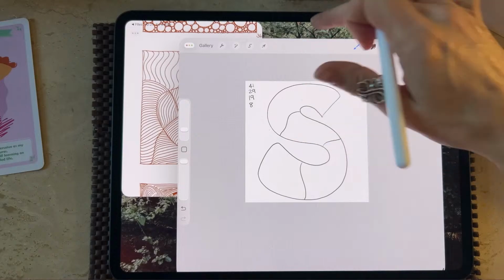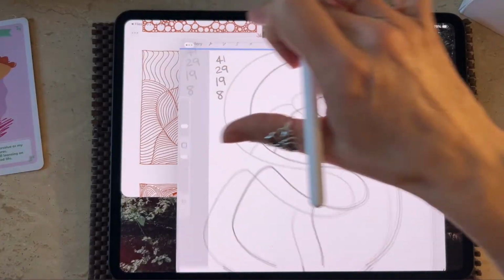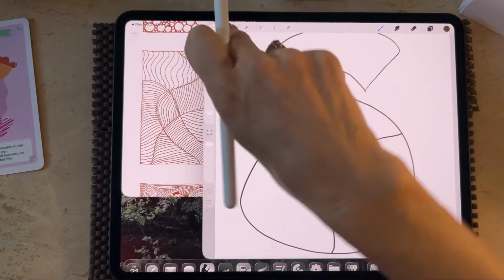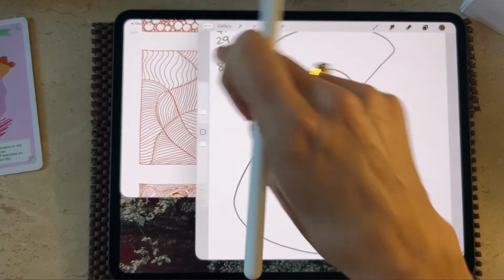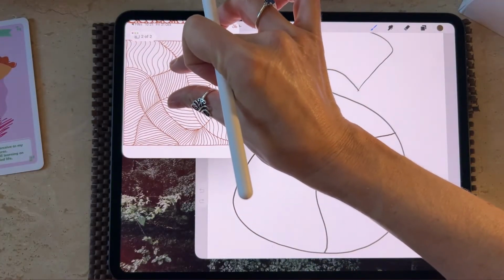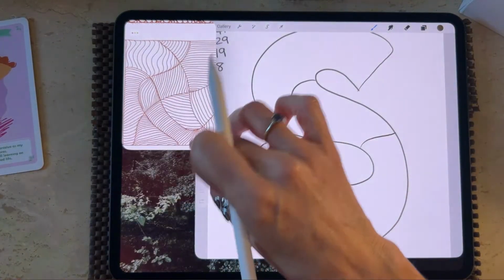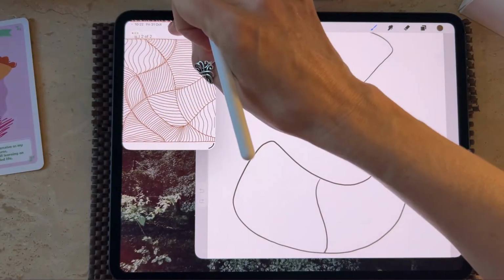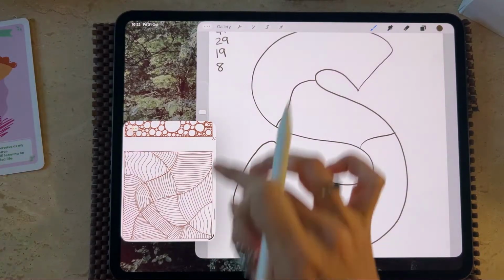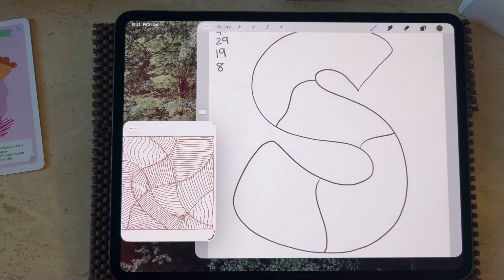What do I need to do? Just give me a second. There we go. Okay, so that's our first one, number 41. That's what we're going to be doing. In fact, let me put it down there so that the numbers can still show. Okay, now that we've got that done.